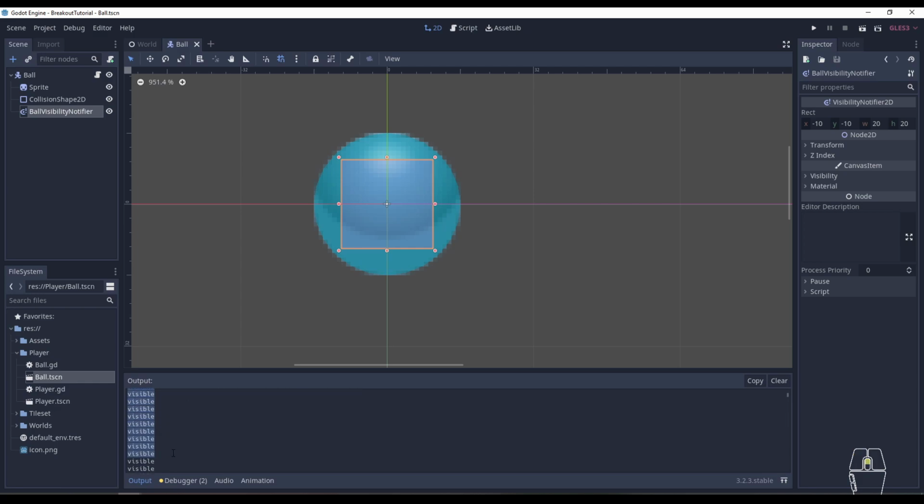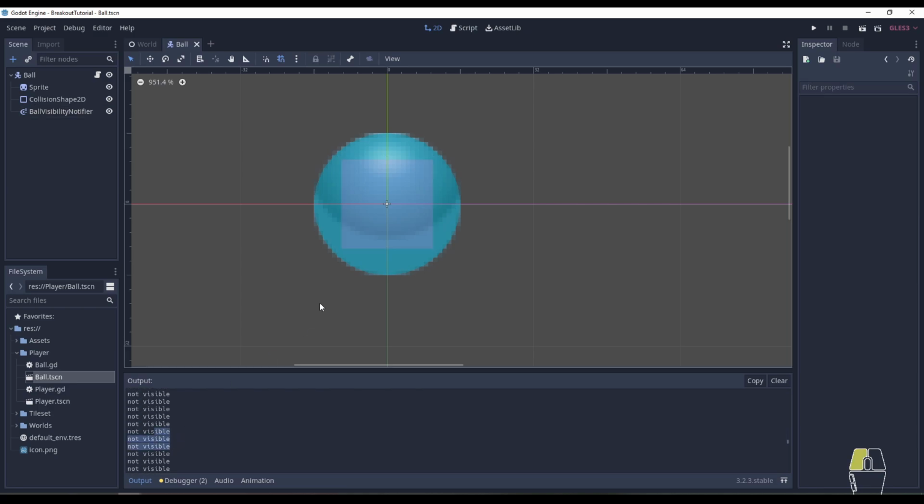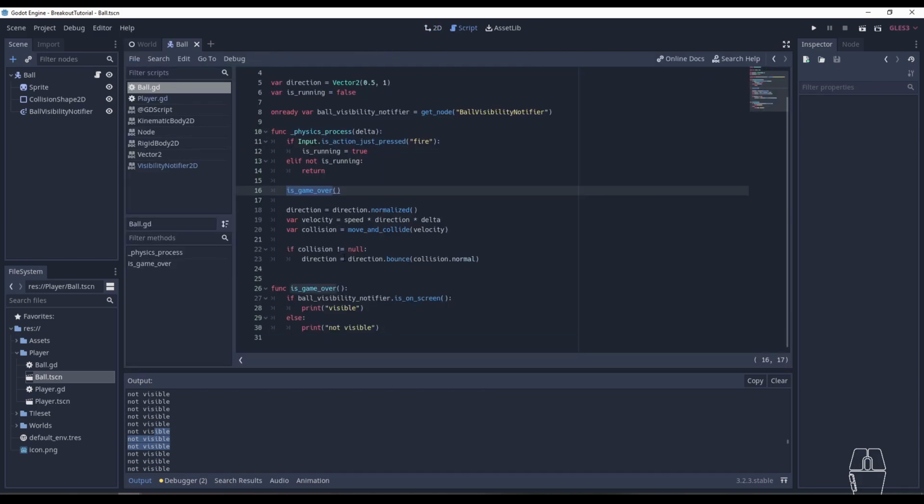So basically it starts visible. This is what we want, right? And then it ends as invisible. So basically this means that we can directly check and return this thing, right? If it is on screen,